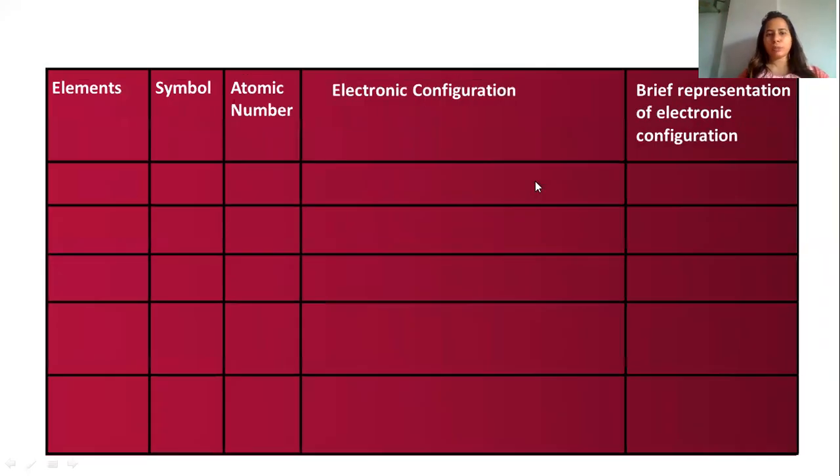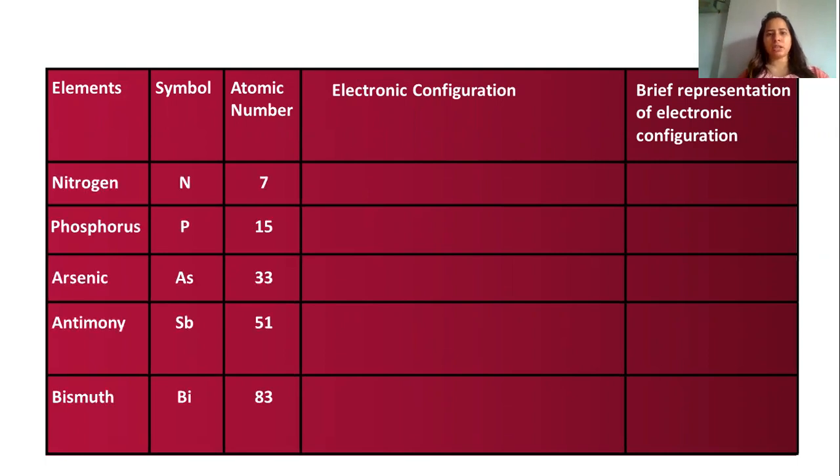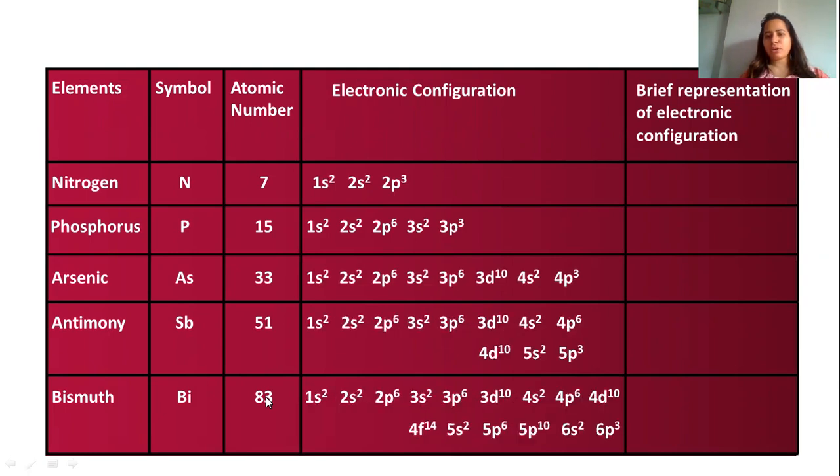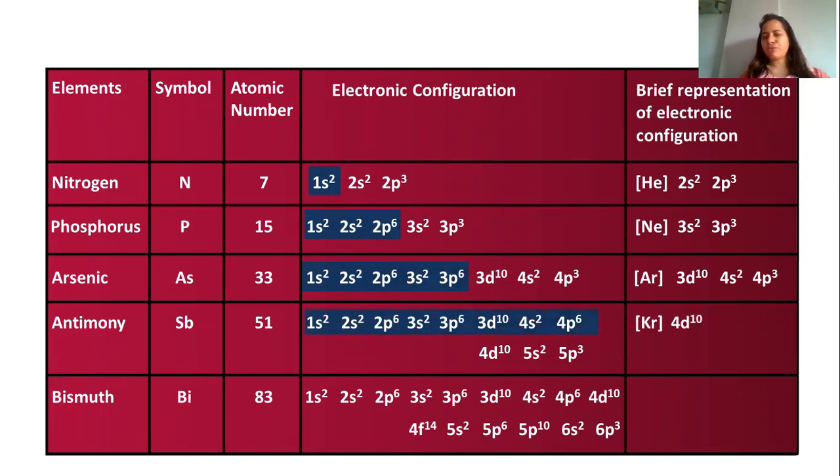Moving ahead with the group 15 elements, as we know nitrogen has an atomic number of 7. For the next elements, we add 8, 18, 18 and 32. So this way we learn the element, symbol, atomic number. Moving to electronic configuration, the general electronic configuration that we get here is ns2 np3. So we'll write in terms of the nearest noble gases, that is helium 2s2 2p3, neon 3s2 3p3. Then we have argon 3d10 4s2 4p3. Similarly, after argon we have krypton 4d10 5s2 5p3.